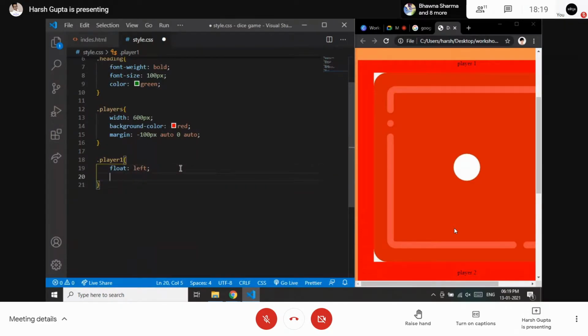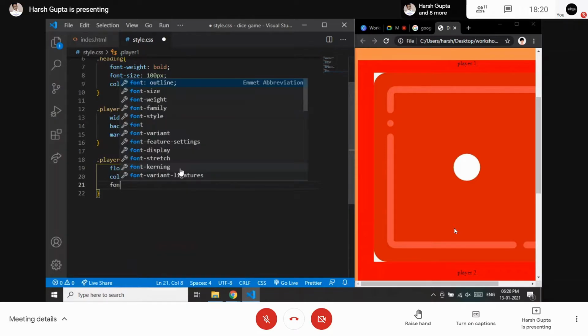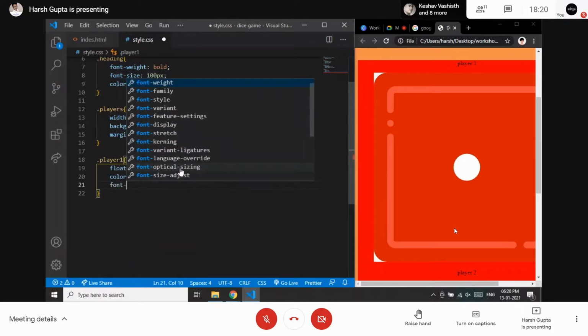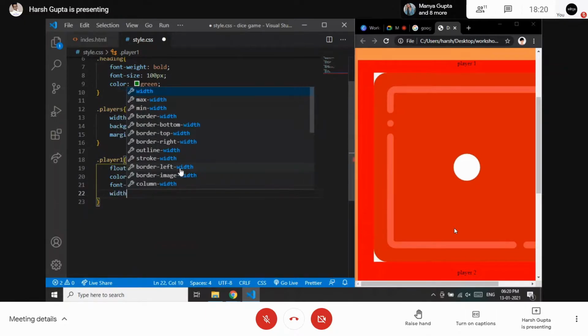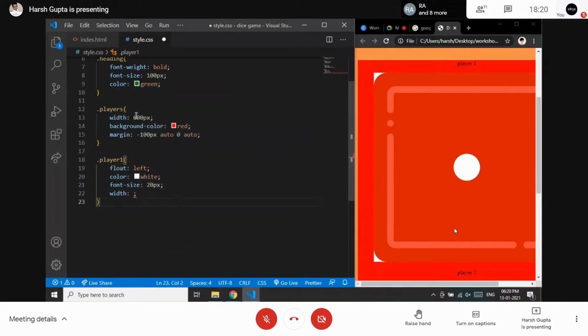After that, I will be giving them a color which is, let's say, white. After that, the font size should be, let's say, 20 pixel, and the width, taken a width of 300 pixel.